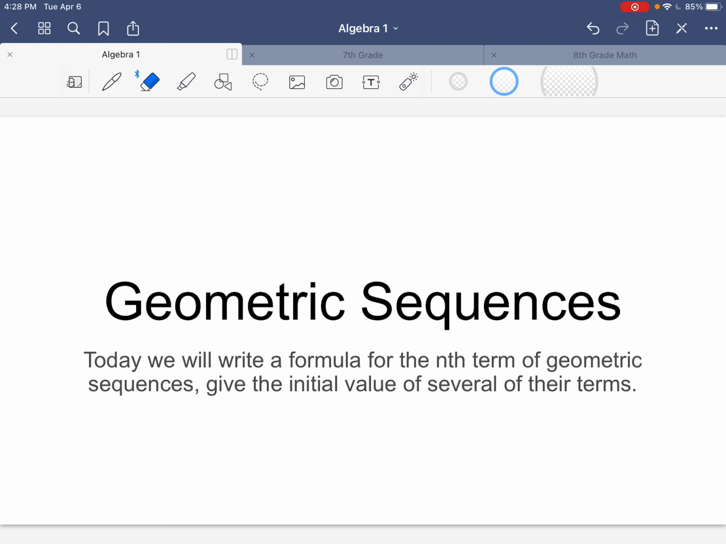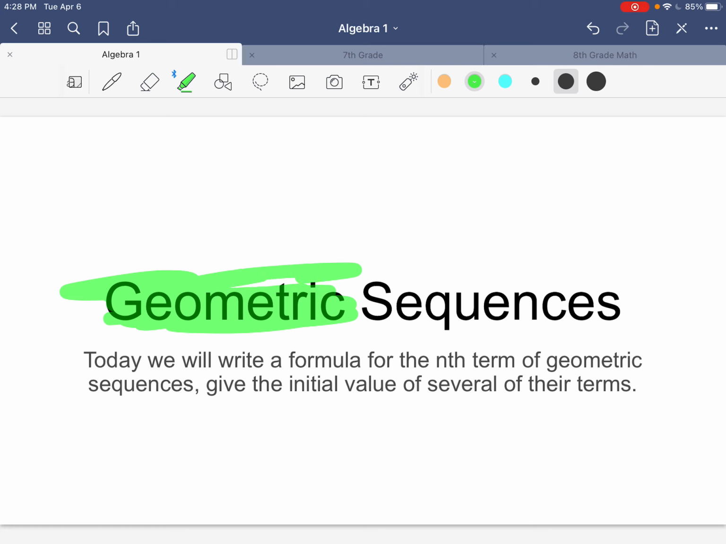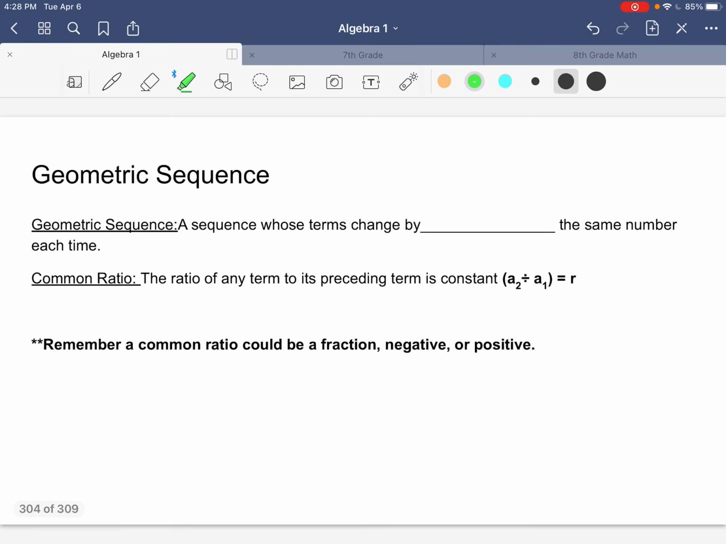Geometric sequences, piece of cake. The difference between geometric sequences, what we learned Monday and Tuesday, is we're going to be multiplying. That's it. Instead of adding, we're going to be multiplying. So here we go. Geometric. What a geometric sequence is, is a sequence whose terms change by, like I said, multiplying